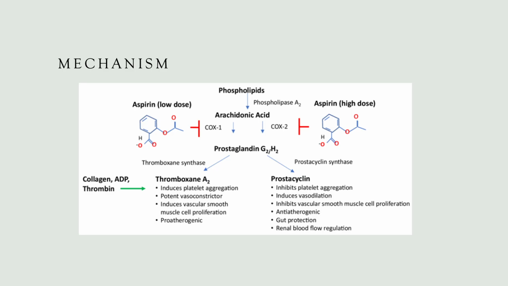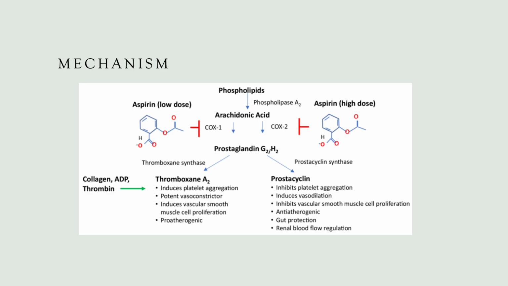The active site of COX-2 is, however, slightly larger than the active site of COX-1, so that arachidonic acid managed to bypass the aspirin molecule